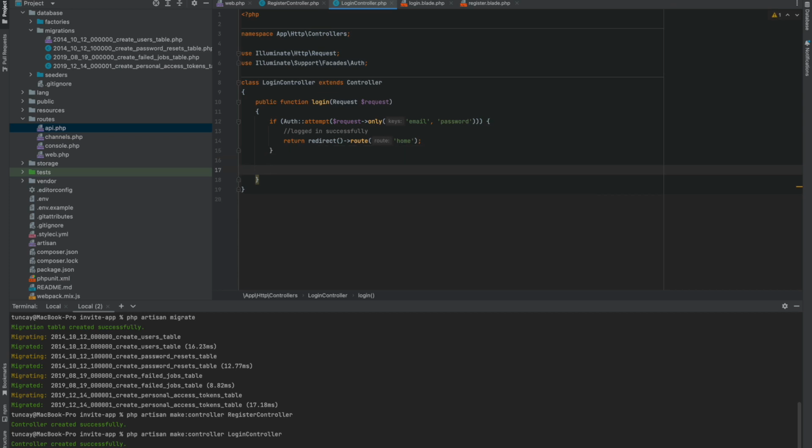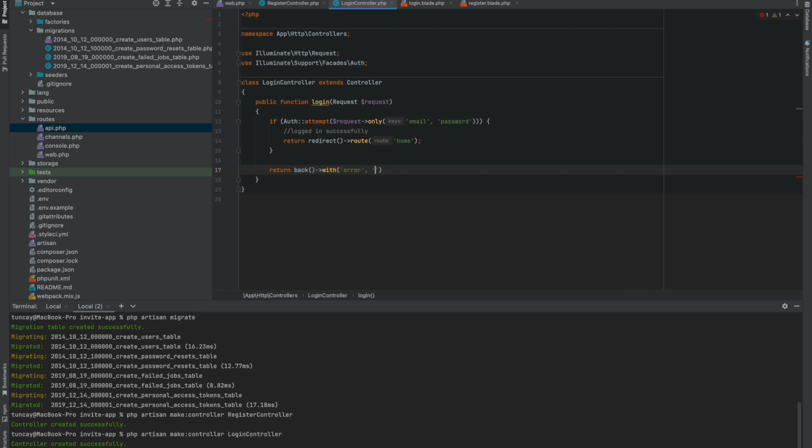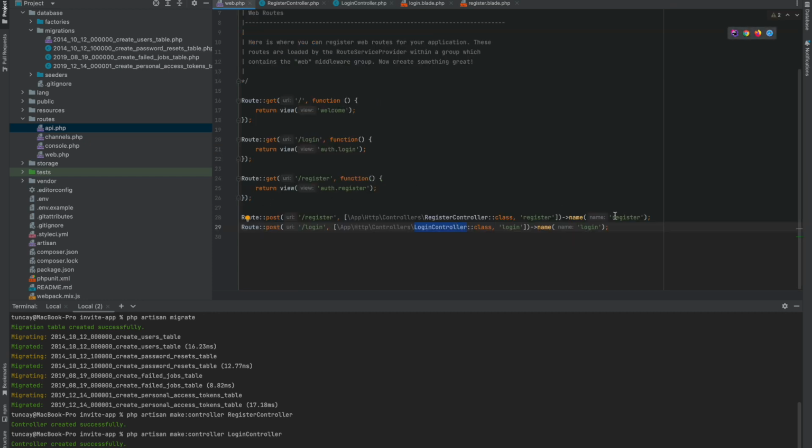And if the login process is failed, you should return, you can write just back here with an error message: your credentials are incorrect. Simply you can write something here to warn the user, and we should define our home root